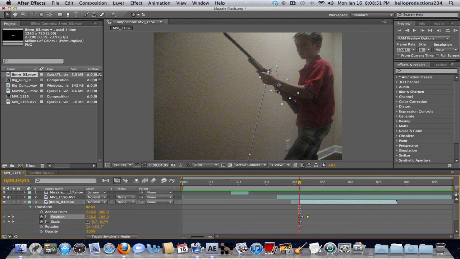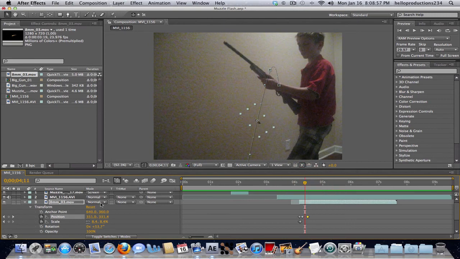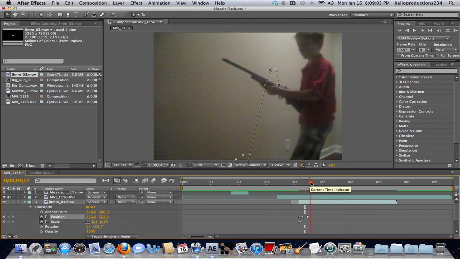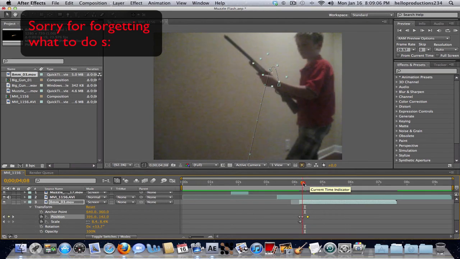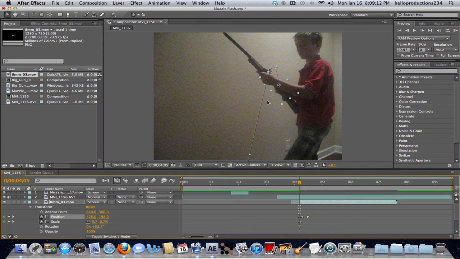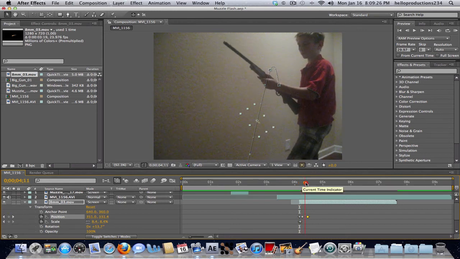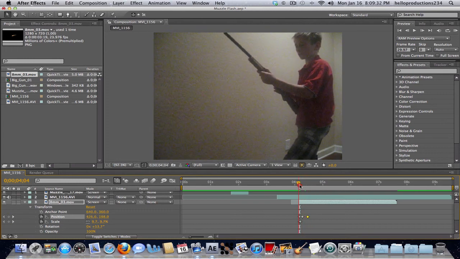Since my lighting, see how it's all bright, and then this shell is like really dark, I'm going to change that by changing the blending mode to screen, so it becomes a little lighter and like has the reflection of that light. So now I'm going to, oh yeah, okay, I remember what to do. I need to take the bullet shell and just scrub through a little bit. I think that's pretty good right there, but